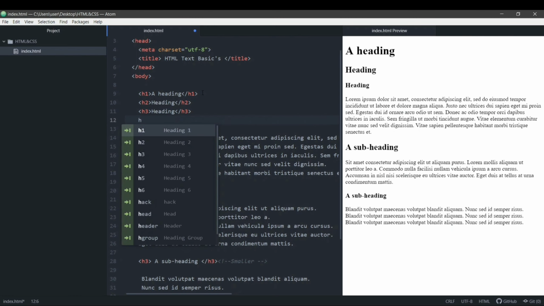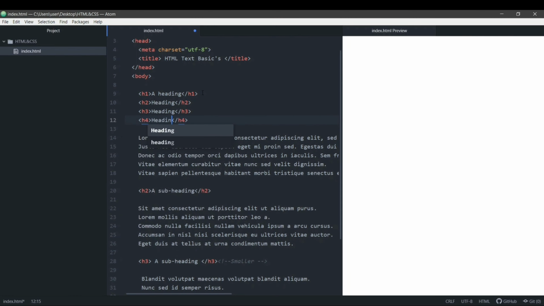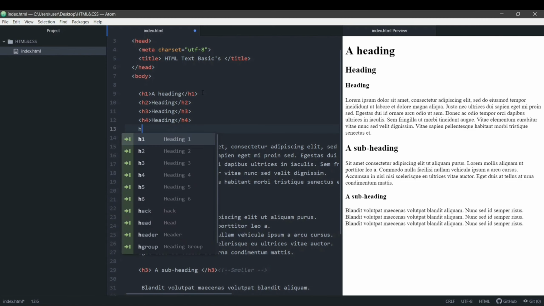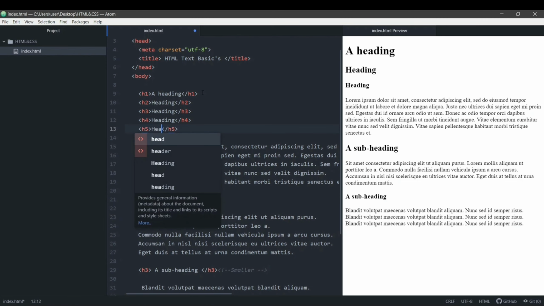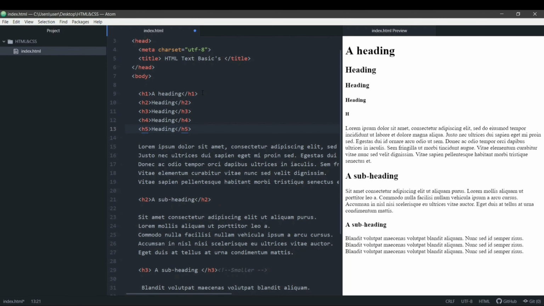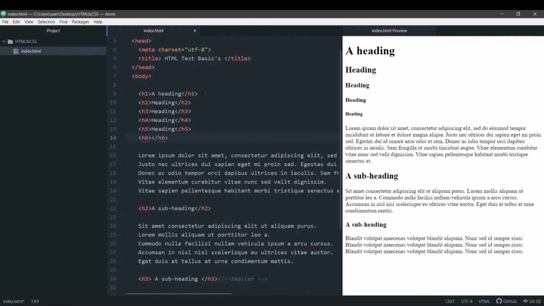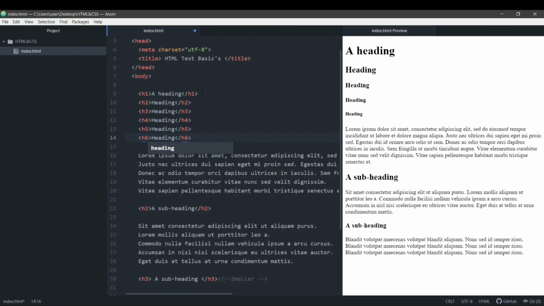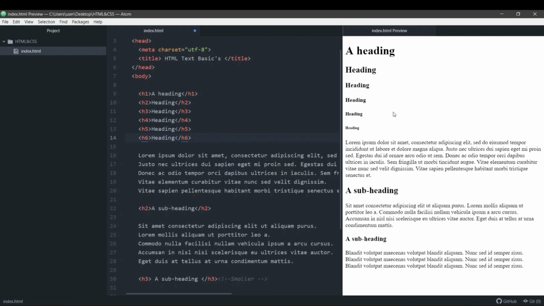After H3, we have the H4 heading. And the size of these heading tags goes on decreasing. As we reach H6, this is the smallest heading size we have. You can see on the right side of your screen that H1 is the largest, followed by H2, H3, H4, H5 and H6. Okay, so these are the heading tags in HTML.